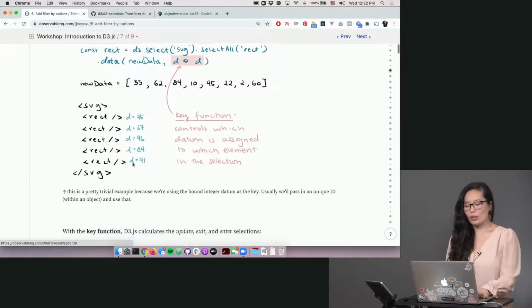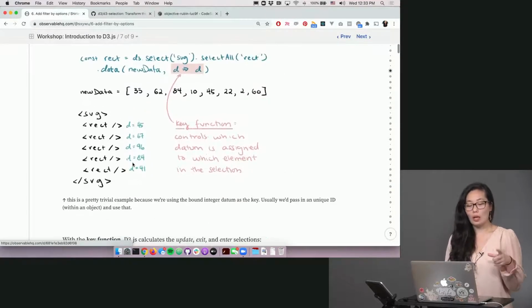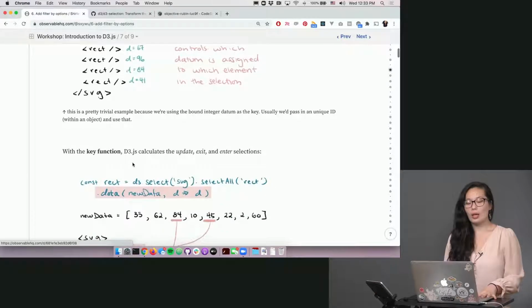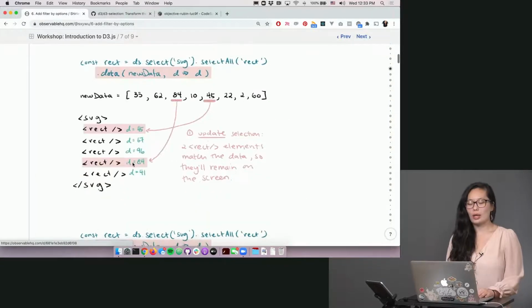And so let's take a look at what .data does, and the way that it does that is